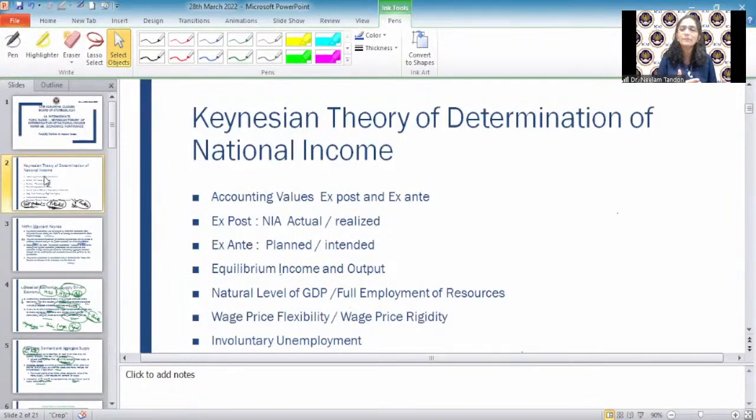Classical ने क्या कहा कि अगर intended investments ज्यादा हो गए, then the demand, then in that case, wages will adjust, prices will adjust. But Keynes ने कहा कि it is not easy to go for adjusting wage rate और price,